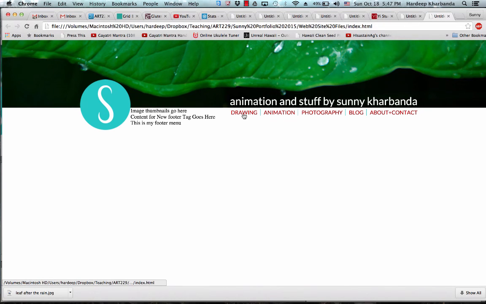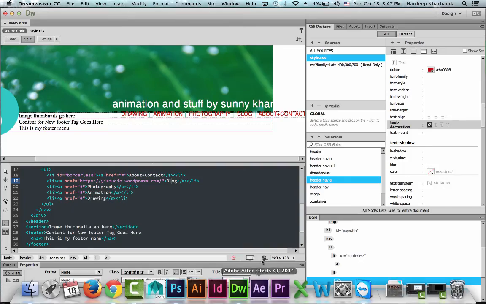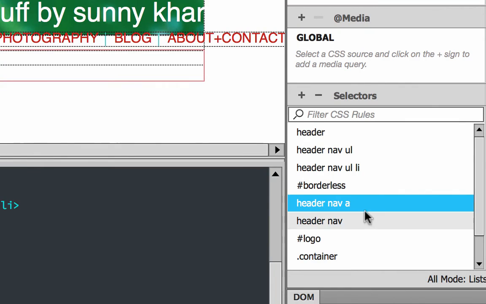So here are my links. Now they've turned red, but they look a little plain. So I want to add a little effect when I hover my mouse over each link. The way to do that is to add a new selector, which is almost the same as this selector, but it adds the word hover. Hover means you mouse over. You hover over the link with your mouse. So let me show you how to do that.